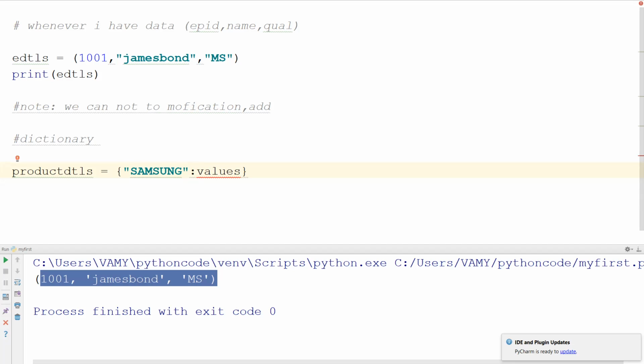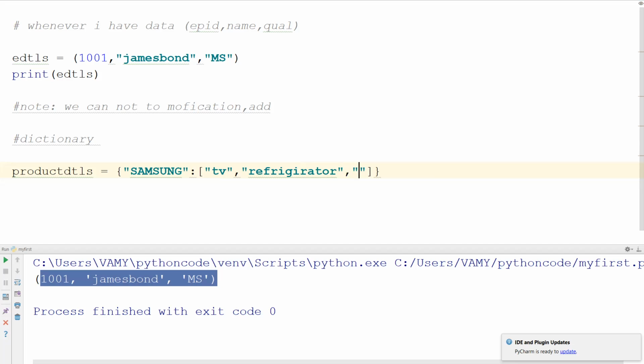And the values are TV, refrigerator and AC. These three items I'm selling in my showroom.